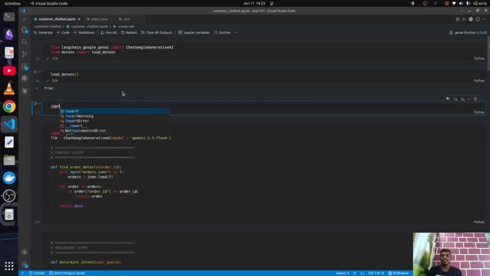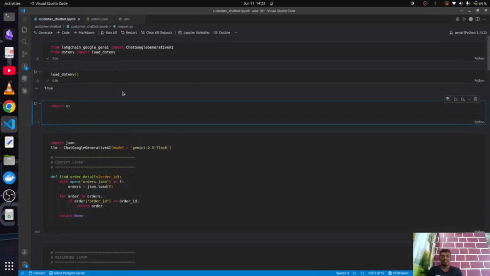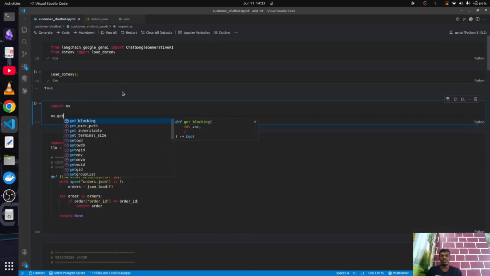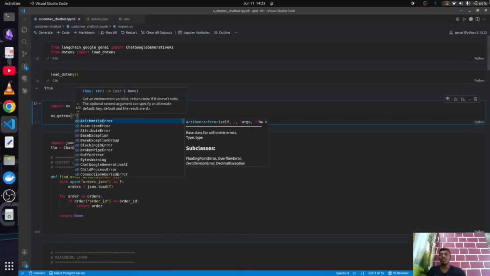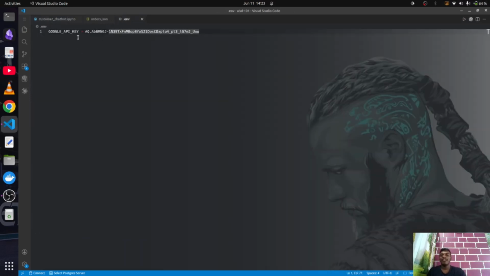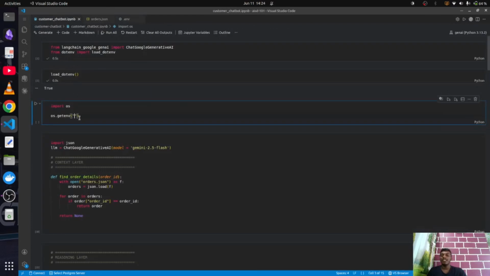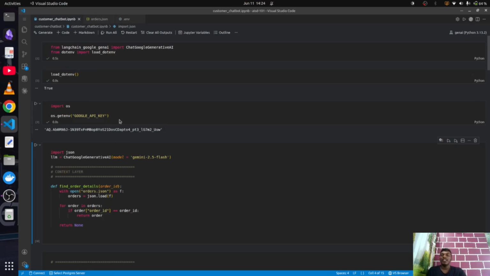For example, I can show you one. We have a variable GOOGLE_API_KEY here in our .env. On loading this particular .env, you'll get to see the actual environment variable name.